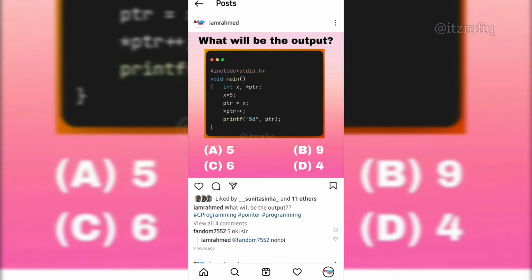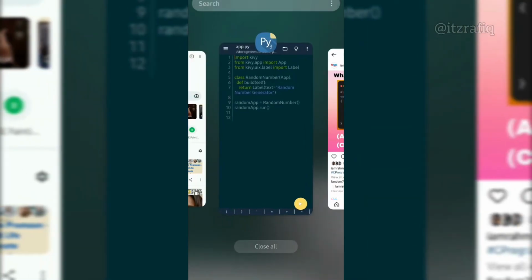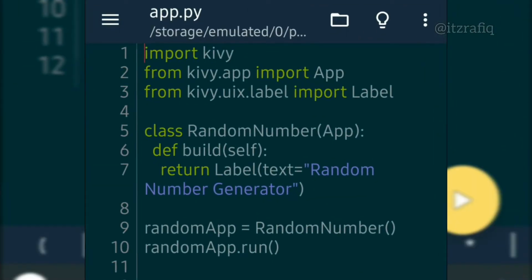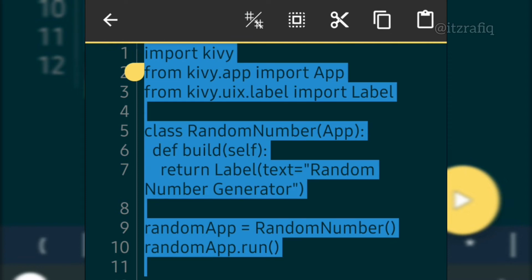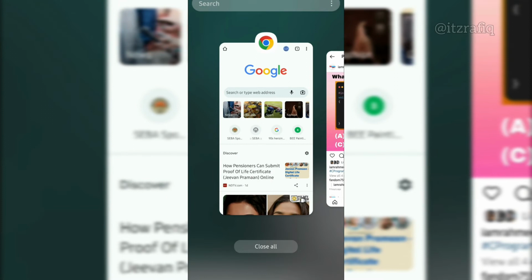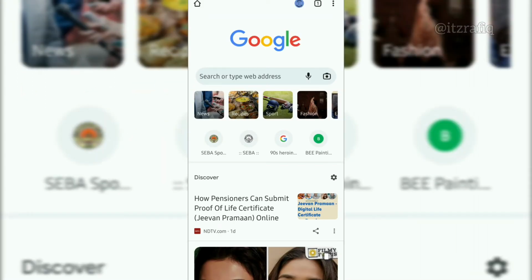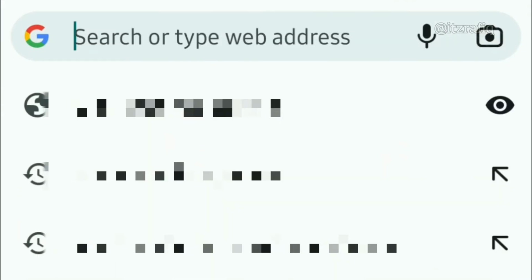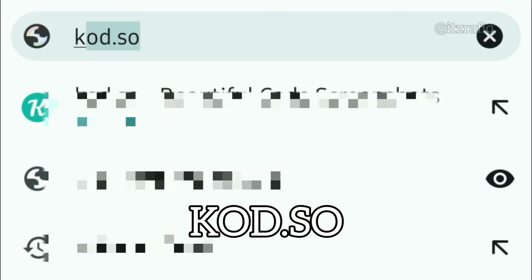First, to do this, you go to your editor where you are writing your code. You select the code, and this is for computer also. Those who are using a computer can also try it. First, copy your code. After copying, you go to a web browser. It can be Google Chrome, Mozilla, or any web browser. And there you type the address